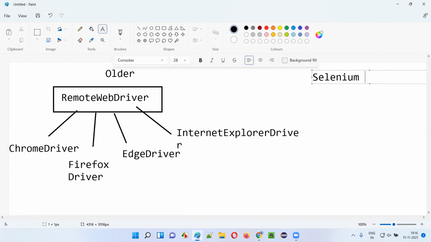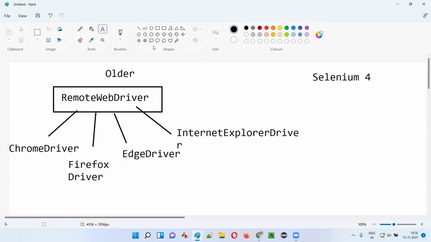But in Selenium 4, guys, this Chrome driver and Edge driver are no more the child classes of the remote web driver. That's the only change, guys. The remaining ones, the Firefox driver, Internet Explorer driver, or any other like Opera driver, are still the child class of the remote web driver. Only Chrome driver and Edge driver are not directly the child class of the remote web driver.